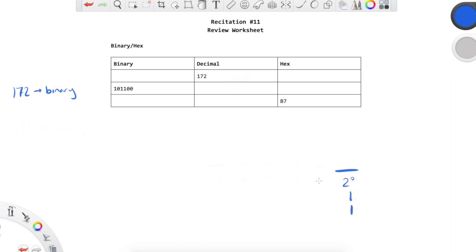And then rather than writing out 2 to the first, 2 to the second, so on and so forth, I'm just going to keep doubling them, because that's what happens when you raise by a power of 2, right? So 2 to the first will be 2, then 4, then 8, 16, 32, 64, 128, just keep going, and then 256. Okay, so I've reached a point where this base right here, 256, is greater than 172, so I don't need